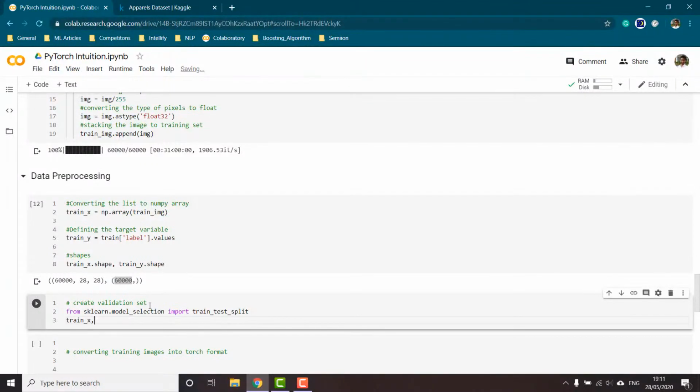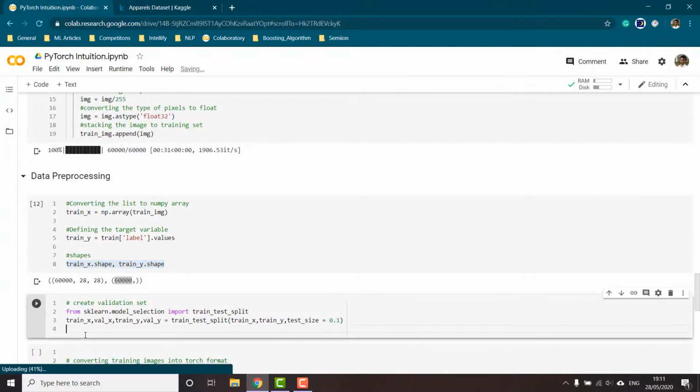So train x, validation x, train y and validation y is equal to train_test_split, and inside the parameters would be our train x, train y, and then the split size. So our test size is equal to 0.1.